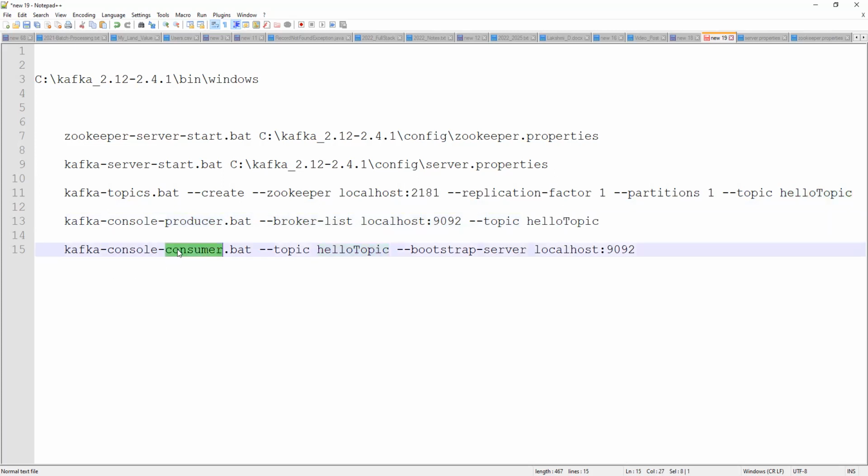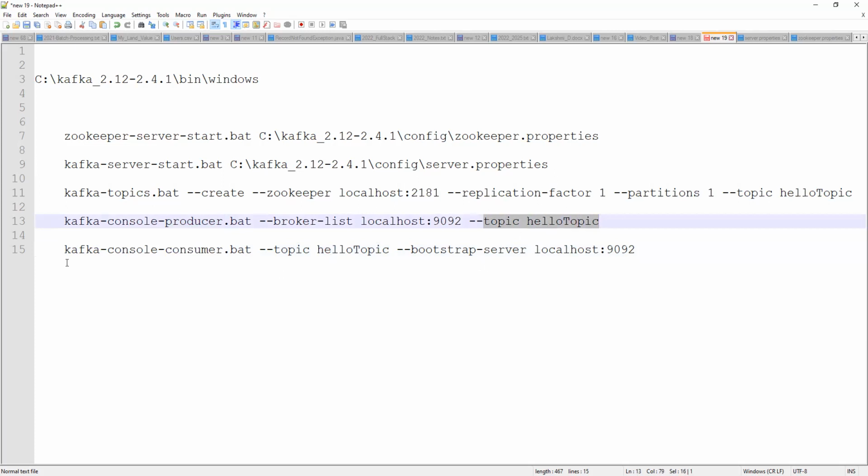Now the consumer will consume. If you want to see whether the consumer is consuming or not, you need to open the consumer also. Our part is to save the message, to produce the message, but the consumer automatically takes the message from the topic. Why? Because when you create a producer, you link a topic, hello topic.